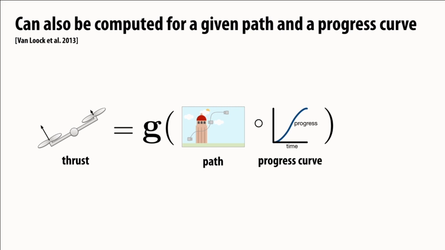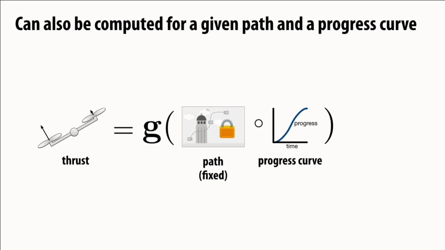To proceed, we make the observation that a trajectory can be thought of as a path composed with a progress curve. We show in the paper that we can still compute thrust analytically using this alternative trajectory representation. In the work of Van Luke et al., they make a similar observation for a planar 2D quadrotor and use it to minimize the time taken to reach a goal. In our work, we extend this analysis to 3D and use it to match a given progress curve as closely as possible. From here, we make the